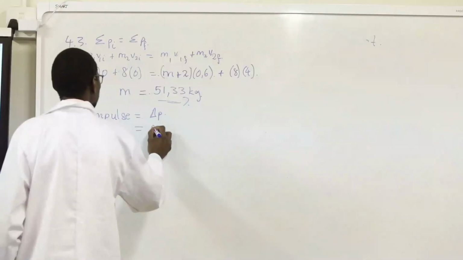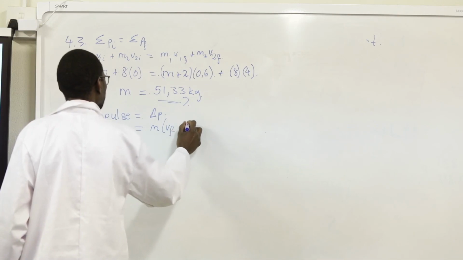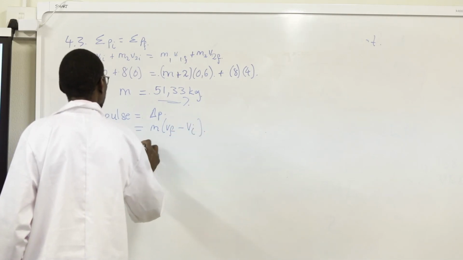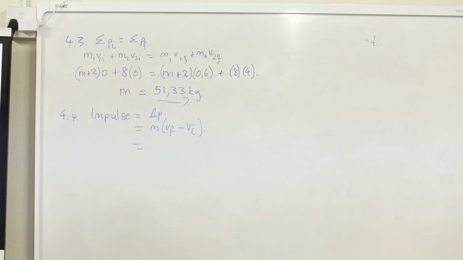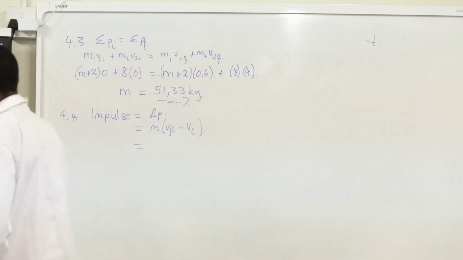Change in momentum is mass, V final minus V initial, right? So, for the girl, we are calculating the value of mass,